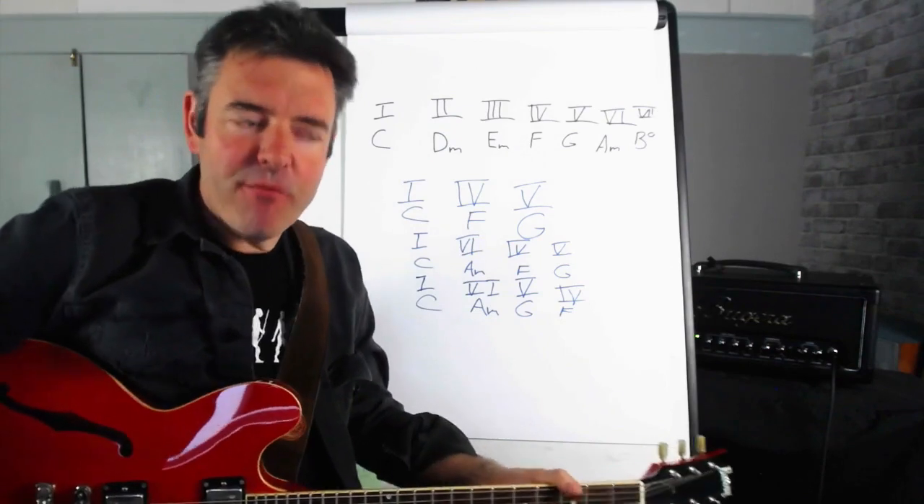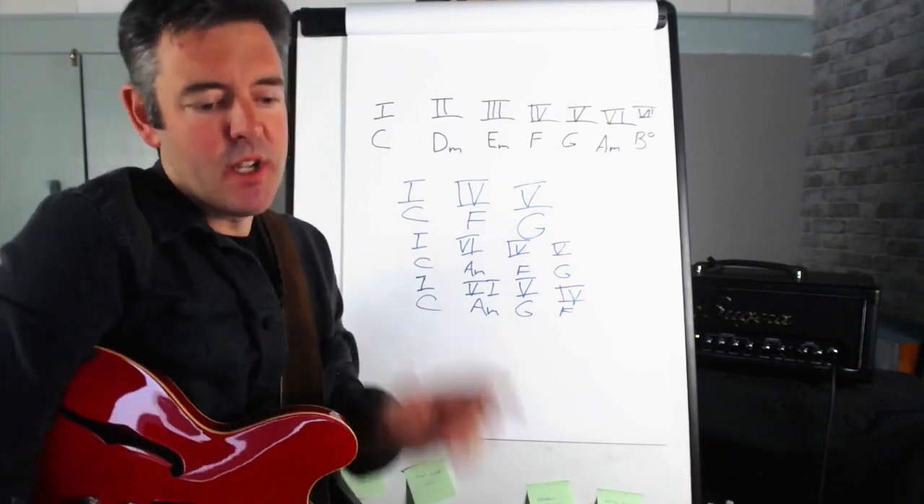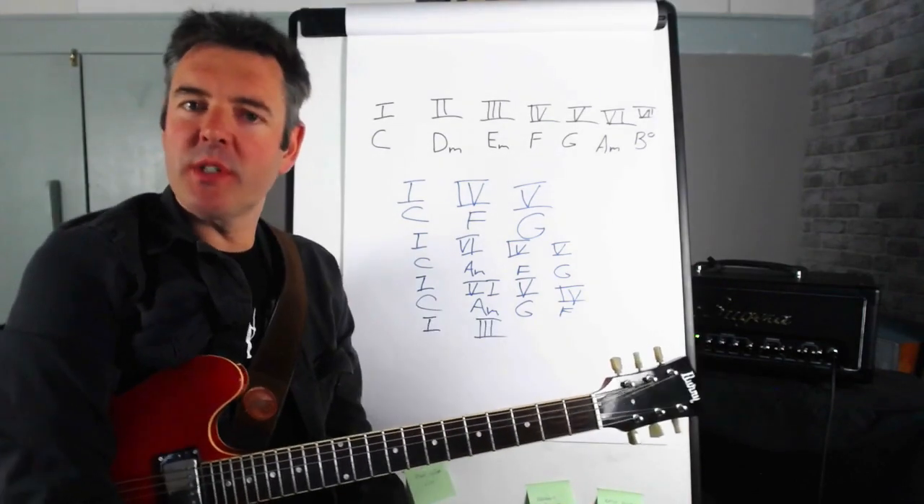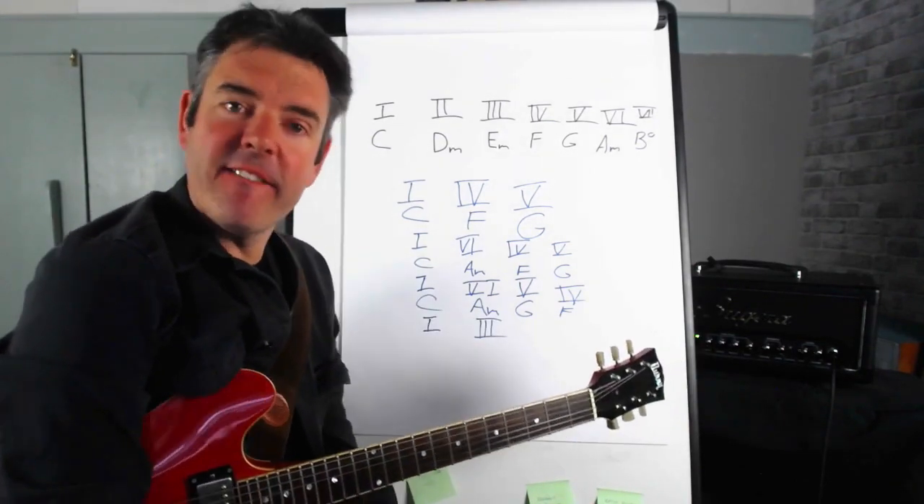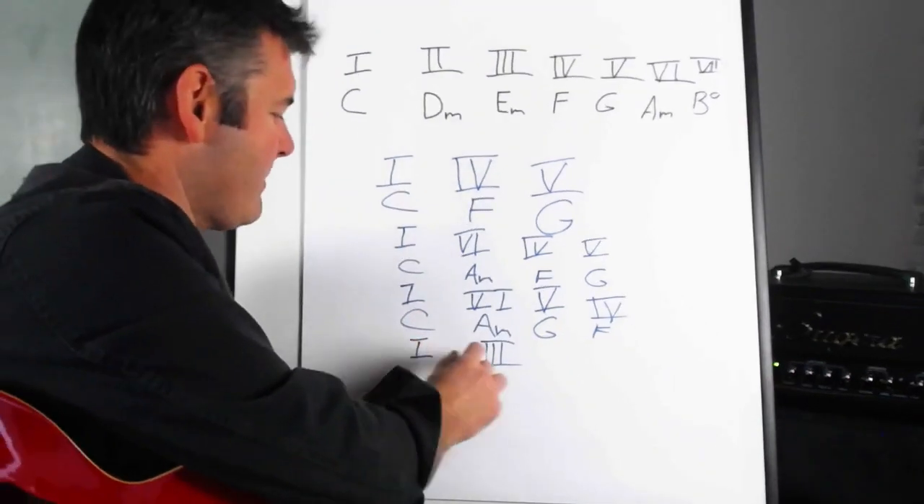So there again, a different order of the 1, 6, 4, and 5 chords, a really common chord sequence. So that's 3 of them. Our next common chord sequence is 1, 3, 4, and 5. And this is one you hear a lot too. So we've got 1, 3,